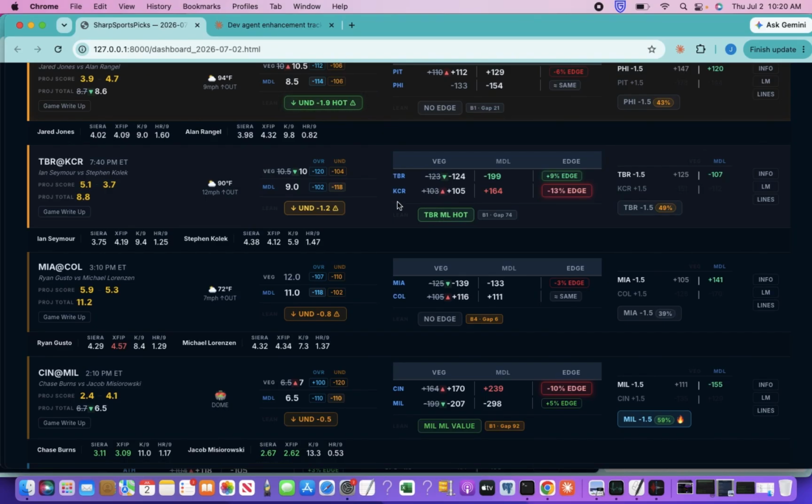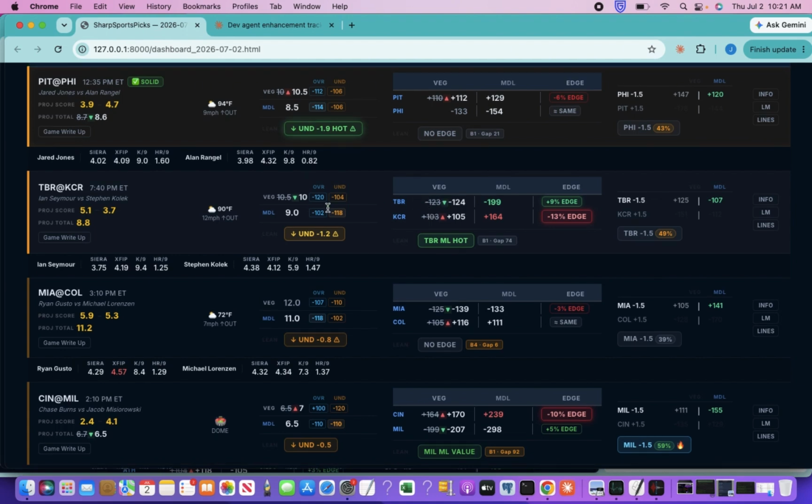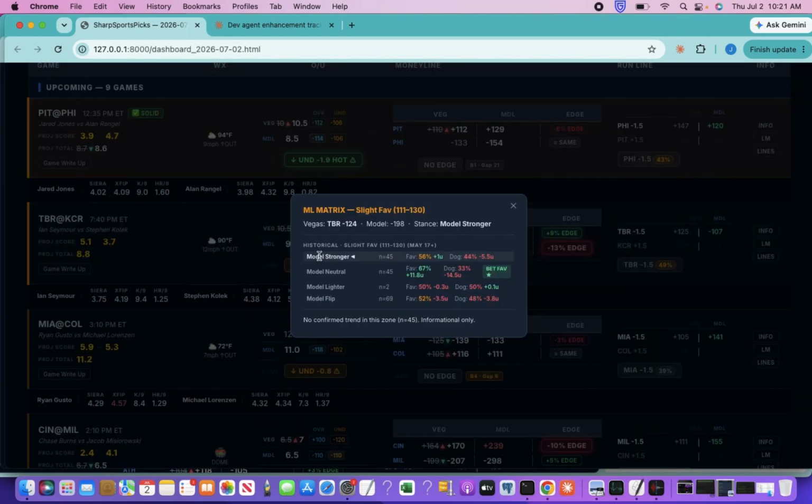We're way heavier on Tampa Bay today than Vegas. So I would say, okay, that's locked in. But then I was like, hold on, let me make sure and see what bucket that would fall into. So if it's 124, 199, that would be the camp of we're on the same, but we're just heavier on it. And since it's 124, 199, if you click here, it'll show that the model's stronger in this bucket, and on these type of plays, we're up 1 unit.